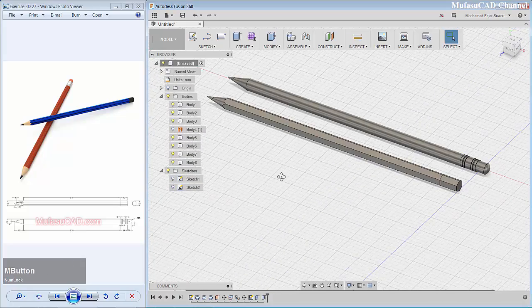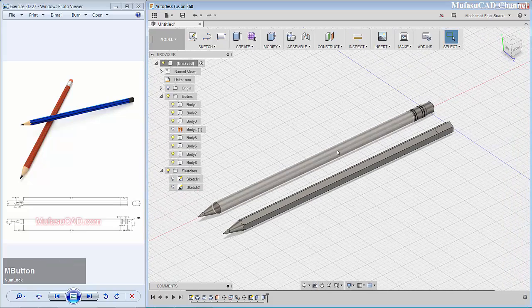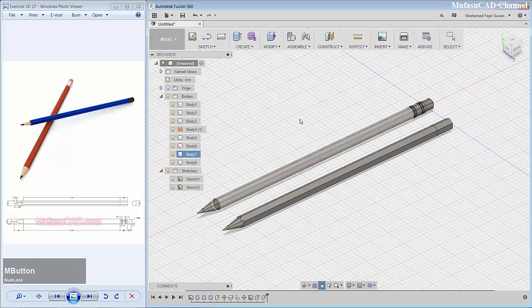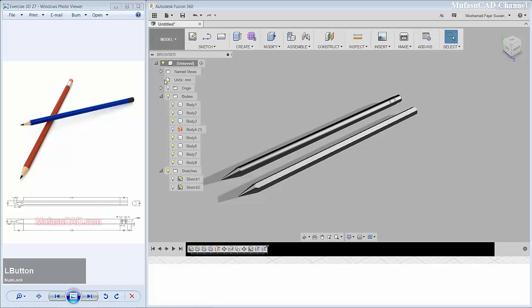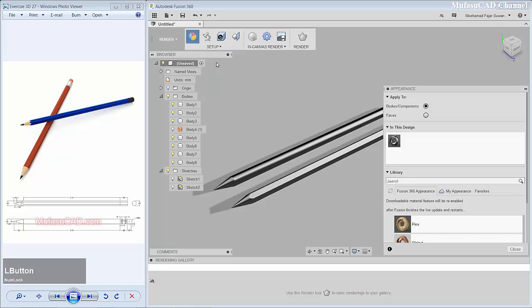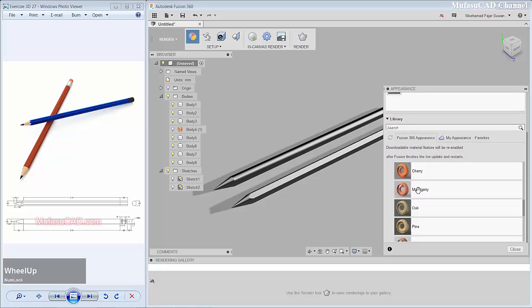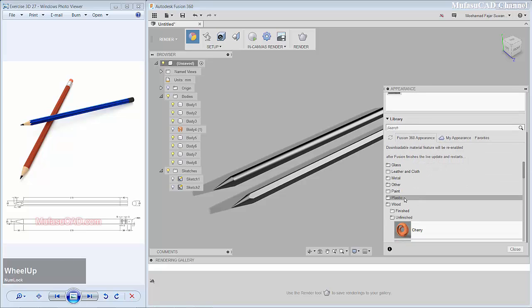Okay, we already create these 3D pencils, and I will apply material to this object. Click this render tab, and I will give material. Okay, now I will select another material like plastic.